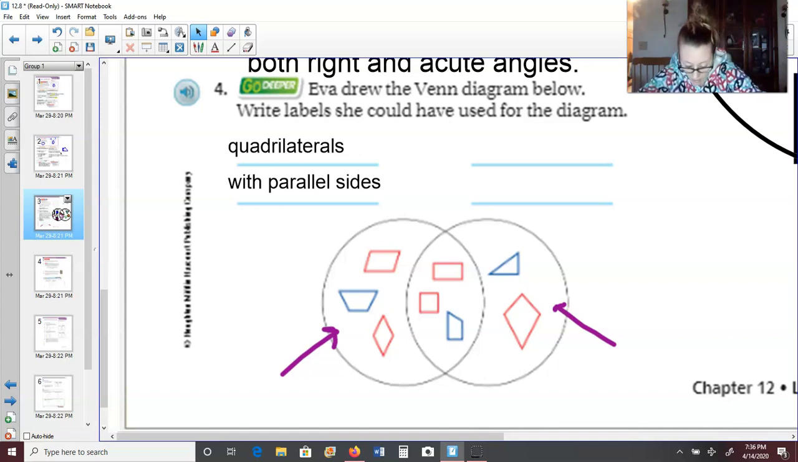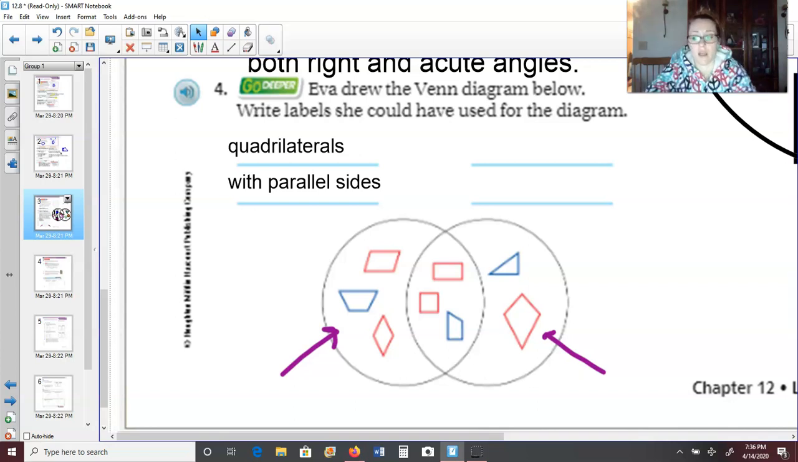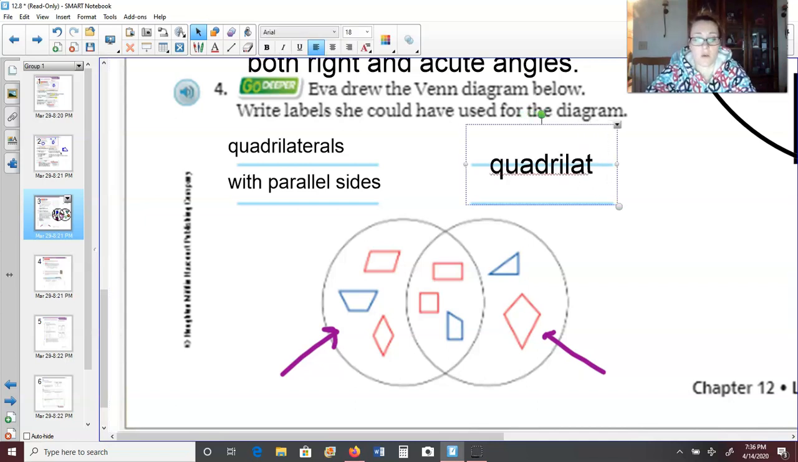We could say, I don't know. My book is saying quadrilaterals, or I'm sorry, polygons with right angles, but I'm just really struggling to see how this shape right here has a right angle. I don't know. Let's just go with it. Not quadrilaterals. Polygons with right